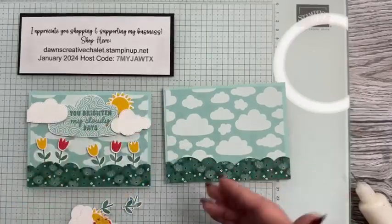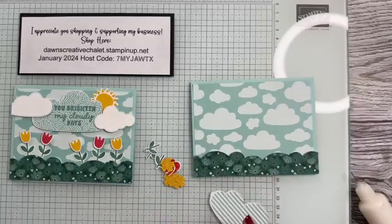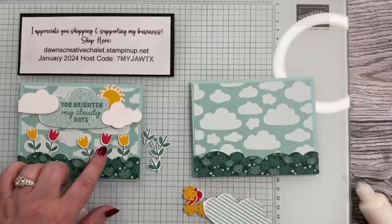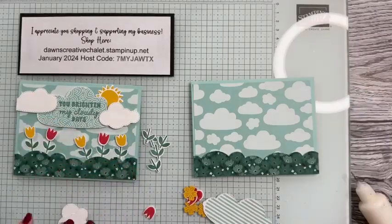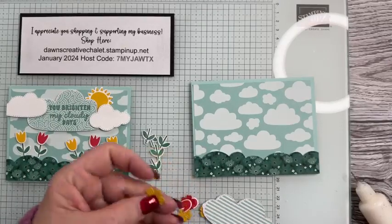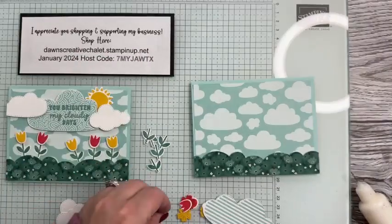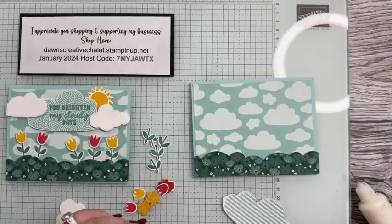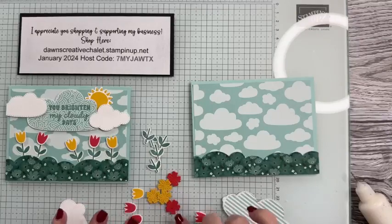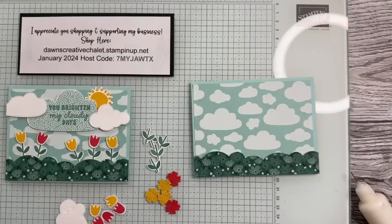Okay, there we go. So that's popped up a little bit, and then I cut. I'm going to ask for your participation in this. So I've cut out 5 stems. There's a die for the stems. And then on this card, I used the, whoops, he stuck right to my finger there. I cut out the tulips, but there's also a die that cuts these in the same set, in Bright Skies. So, should I use the tulips, or should I use these other little flowers today on the card that we're making right now? You go ahead and comment, and then while you're thinking about that,